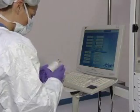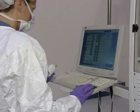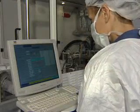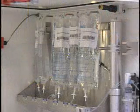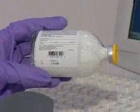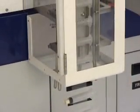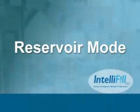Intellifill IV interfaces with the hospital pharmacy's clinical information system to prepare, label, and record small volume IV medications as prescribed by the institution's medical staff. Intellifill IV prepares medications from either large volume reservoirs or vials using syringes strung together in a syringe strip. This video illustrates both methods, starting with Reservoir Mode, ideal for batch filling of flushes or medication doses from pre-filled